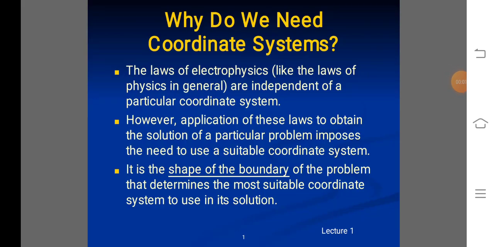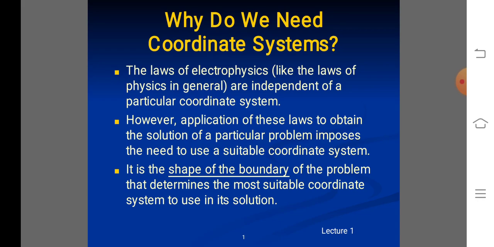Everybody, let us see coordinate systems. In this topic we have to be clear about why we need a coordinate system. In general, the physical quantities we shall be dealing with in electromagnetics are functions of space and time. In order to describe the spatial variations of the quantities, we must be able to define all points uniquely in space in a suitable manner. This requires using an appropriate coordinate system.